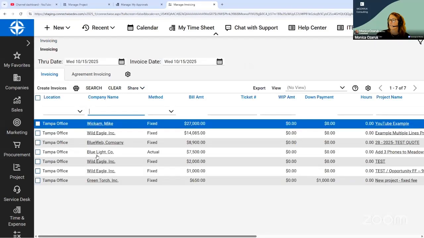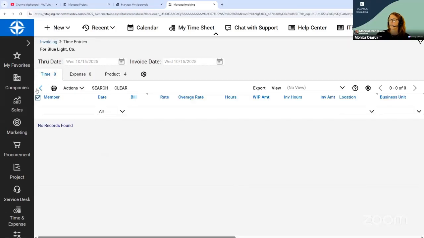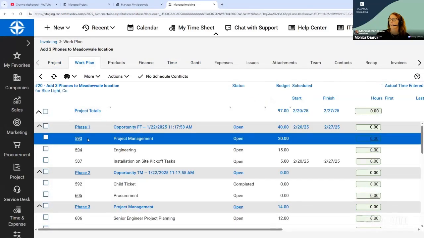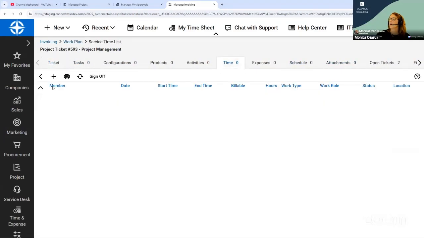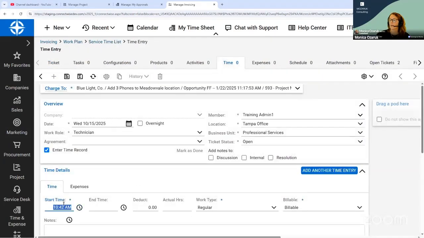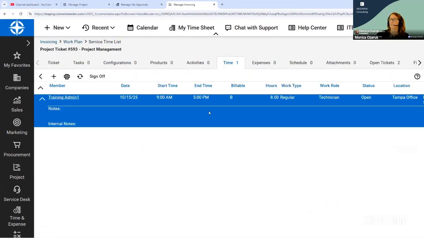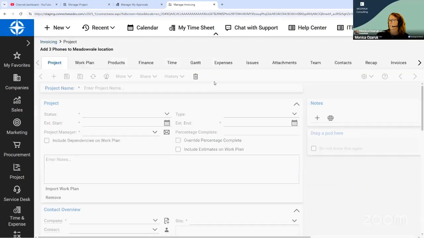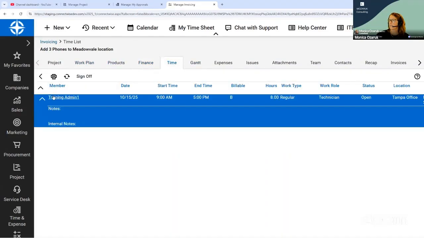When you are invoicing out an actual project and you're invoicing time, you may be in a scenario where the time is wrong. So we talked about having unapproved time and expense show up later and how that is an issue. The problem with unapproved time and expense is that someone might put 8 hours on a project where this amount of time should have only taken 4 hours. So you're here in invoicing. Let's just double check. I think that this is set to bill unapproved time and expense records. Great. Let's go over to the time